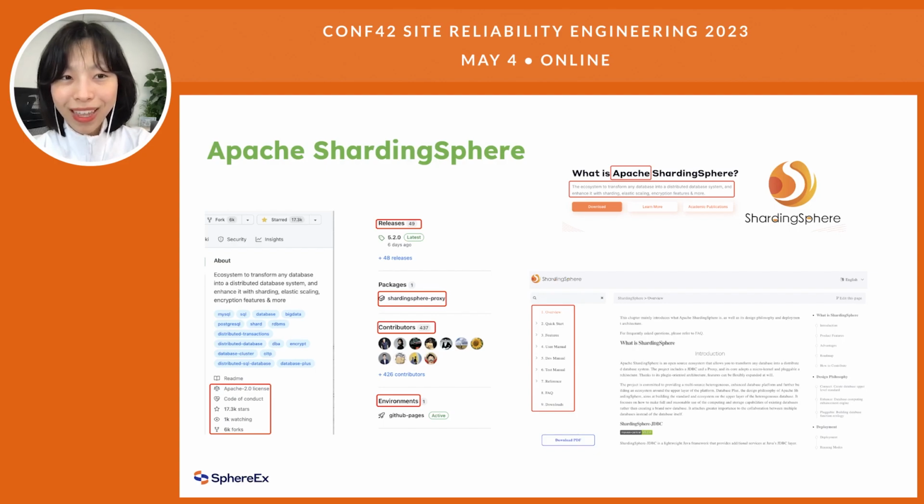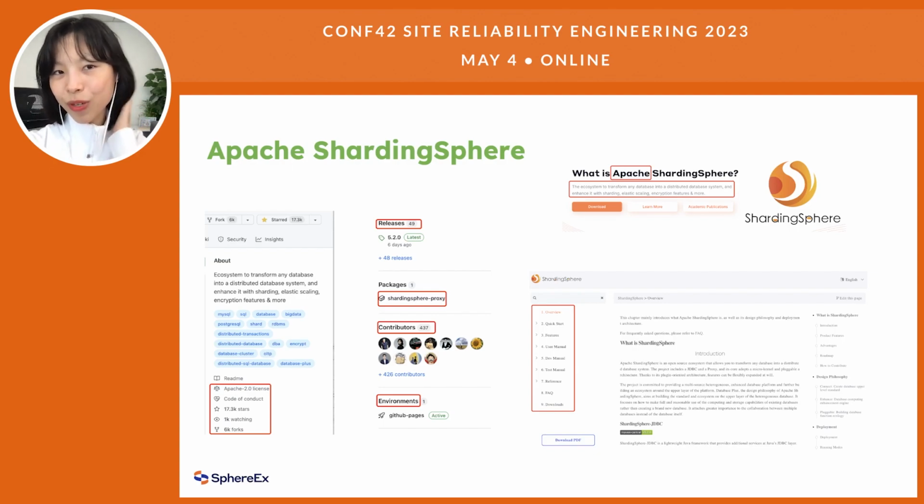It has been open source for 6 years, it's an Apache top-level project, and it has already received more than 400 contributors, nearly 18K stars on GitHub, and more than 50 releases, right?